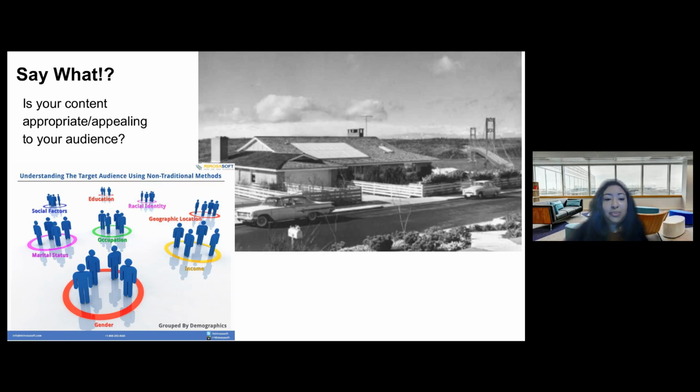So I think what's also important is to make sure that whatever you're about to say, your content and your message, is appropriate to your audience. So understanding what your audience needs, where they come from, what they're looking for, what they're interested in. If you are trying to get a lot of support for your historic mansion district, it might not be great to give that presentation to an audience who is low income and looking for housing and struggling in this housing market. So really aligning those things.